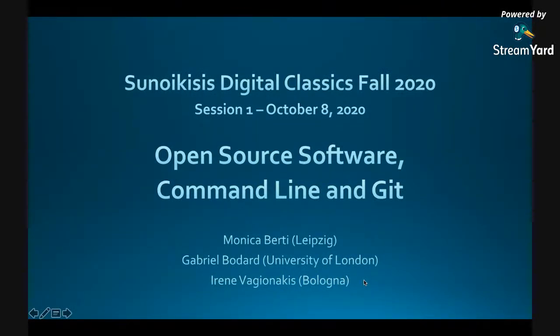The fundamental concept here, both on Windows and on Mac or on other operating systems, is that most of the actions that you can do through a graphic user interface, that is by clicking on icons on your desktop or dragging them, can be done also by typing commands in the command line, that is giving instructions to the computer to perform specific tasks, as for example, opening a folder or creating a file or moving it or renaming it, and so on.